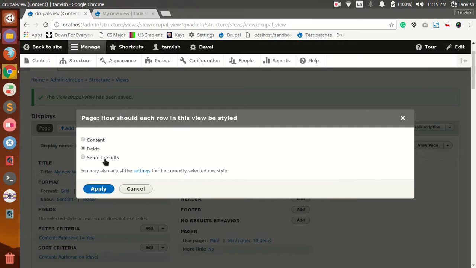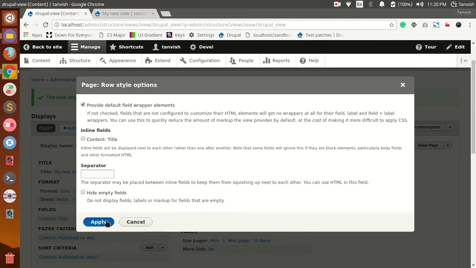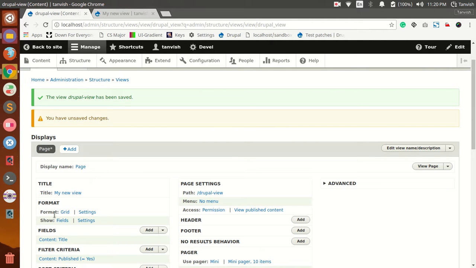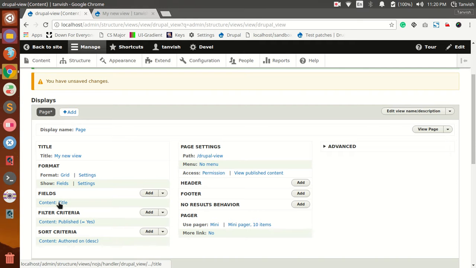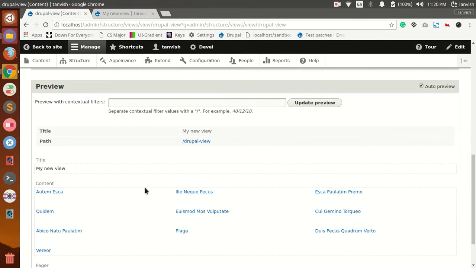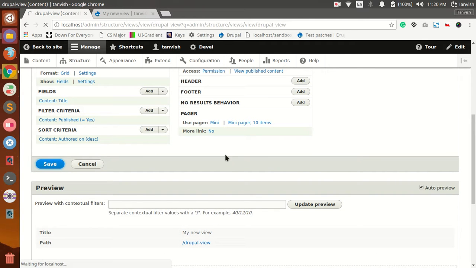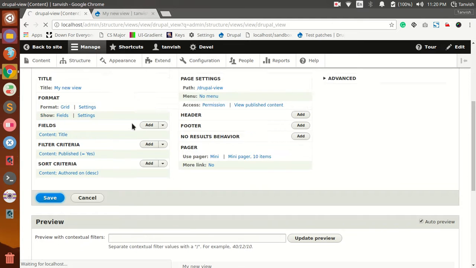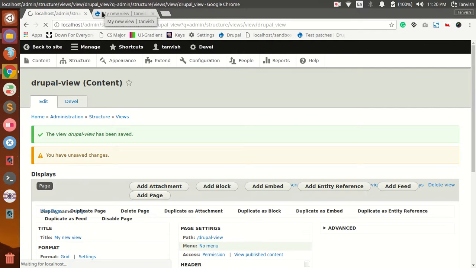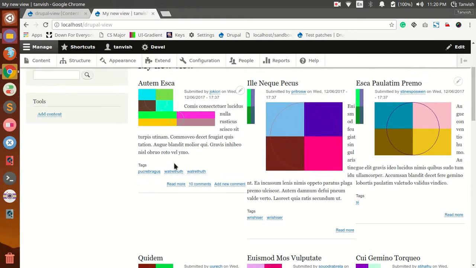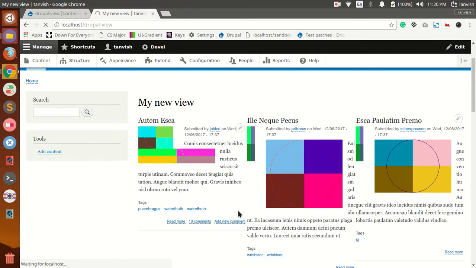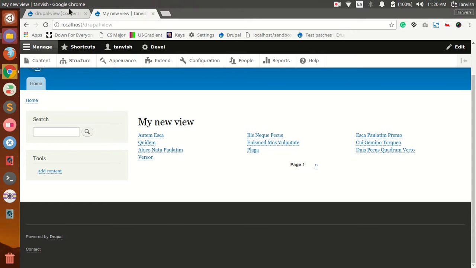Now what fields would do is, I have the ability using fields to specify what I want. That is, if I want a title, I will add that field to my view, as you will see later on as I do that. So as of now, the default field that will come when I click on the fields would be the content. This means that only title would be shown, nothing else. And as you can see from the preview, there is only title in this view. When I refresh this page, the only thing you'll be seeing is the title,